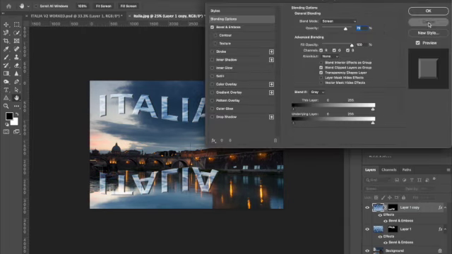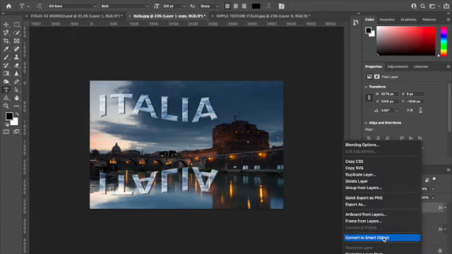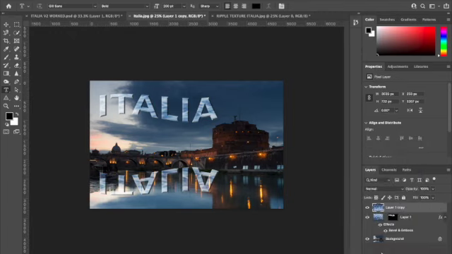Next thing on the Italia copy layer, that's the one that's in the water. If we just right click on that layer and then just choose to rasterize the layer style, and that just means that all those layer styles are condensed. We can take our layer opacity down to around about anything 75 to 80%, something like that, just so it's